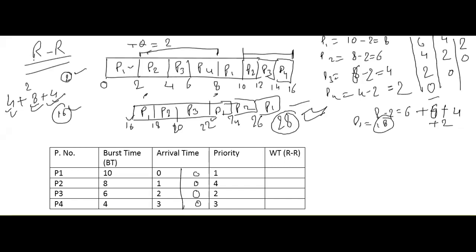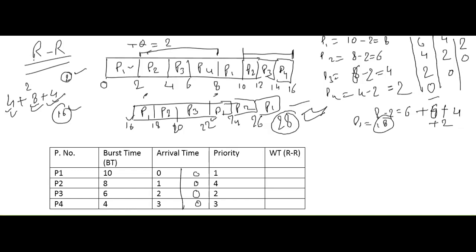Hello everyone. In the last lecture, we started our discussion of the round robin CPU scheduling algorithm. We saw how round robin works: it picks each and every process one by one. We discussed that if the arrival time is the same for all processes, then it is quite easy to rotate processes one by one, and round robin works in a very simple manner.